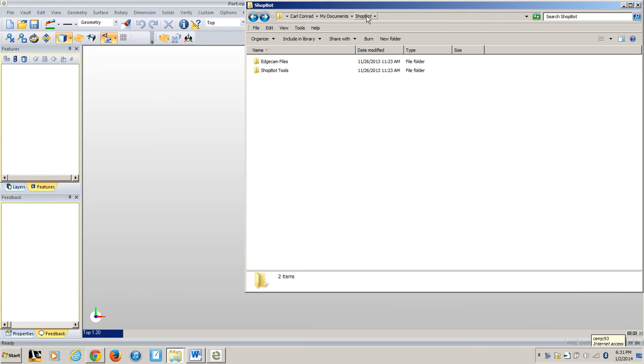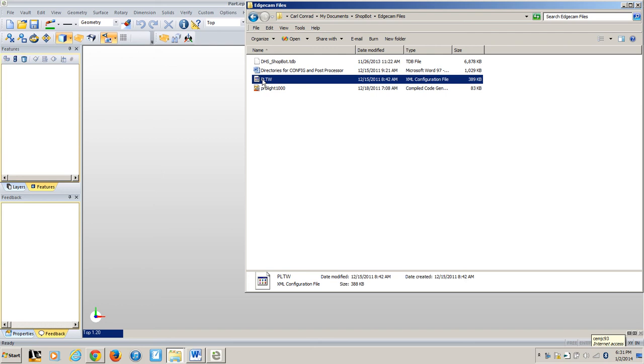and then in that ShopBot folder that I give you some EdgeCam files. There are directions for the directories for the config and the post processor. That's this Project Lead the Way PLTW file in the ProLite 1000. And then the ShopBot